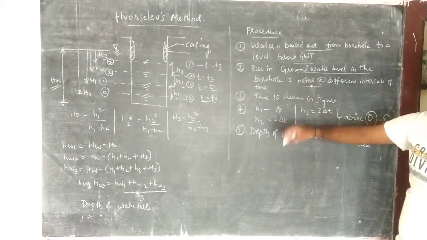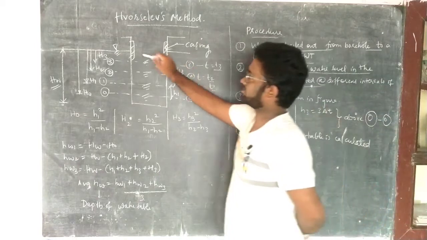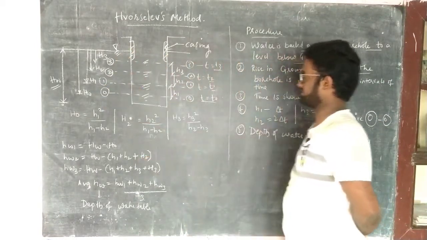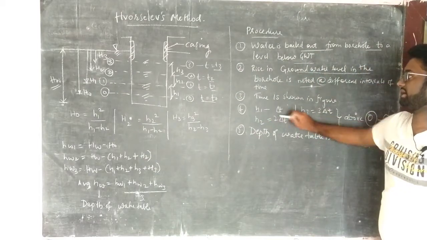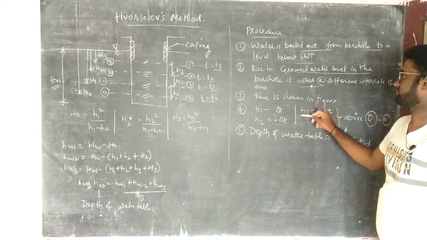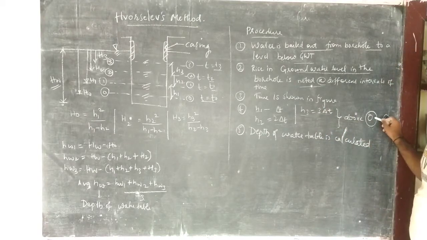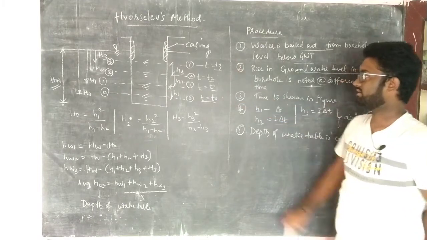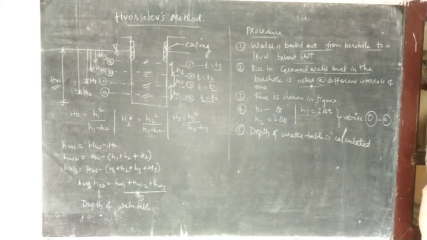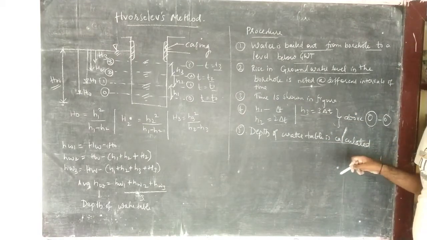Time you have seen here t0, t1, t2, t3. And the height with respect to this is h3, h2, h1 and h0 with the various intervals. For height 1, the time is delta t. For height 2, it is 2 times delta t. For height h3, it is 3 times delta t. So above the 0-0 level, how much the height is there and what time it is going to take place for the excavation, that is noted down in this way. The depth of the water table is calculated by using the formulas.